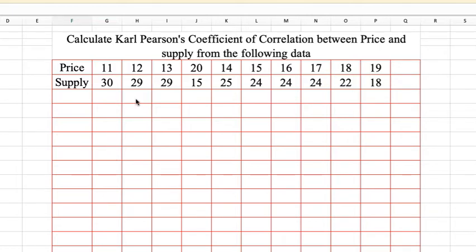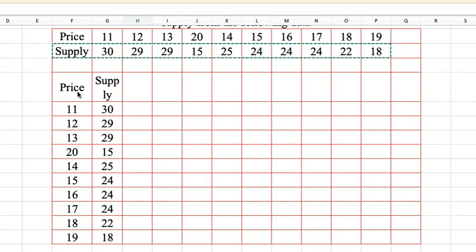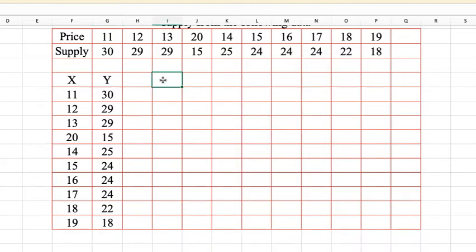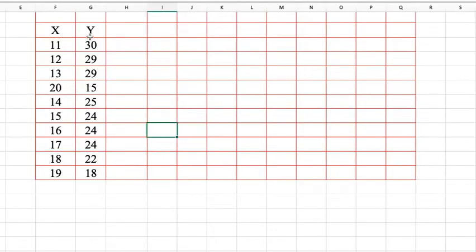value by the method which is given in the books, and then I will calculate the same value, the R value, in Stata. I am going to calculate in SPSS and in Excel also, so that you can understand this concept properly. Now we are going to take these two variables here, let this variable be X and let this variable be Y. Fine, we have this data, X and Y, X is price and Y is supply.